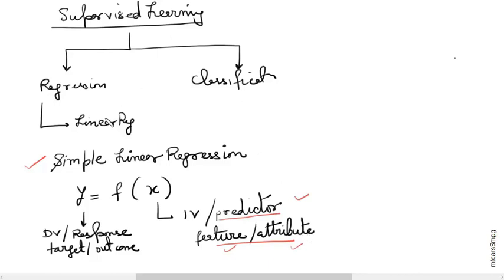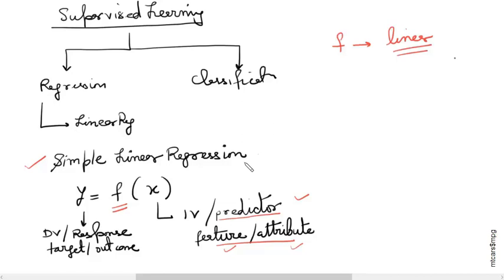Now, as we discussed before, any supervised learning algorithm tries to find out the relationship between the dependent variable and the independent variable. So in this case, I have denoted the relationship as a function f. In case of linear regression specifically, this f is assumed to be linear, and hence the name linear regression, because the function between the dependent variable and the independent variable is assumed to be linear.